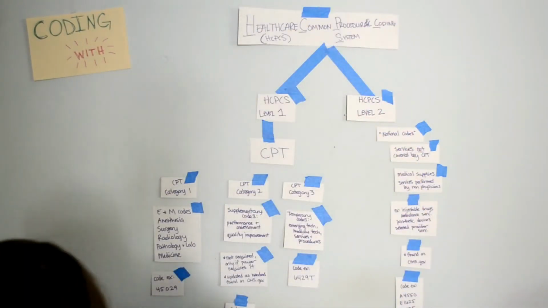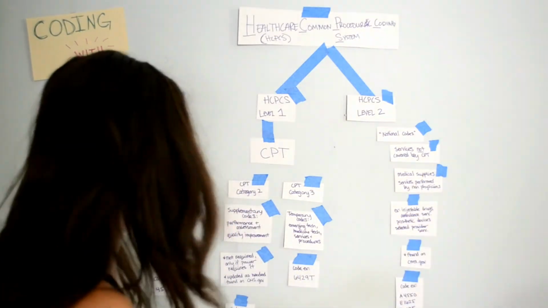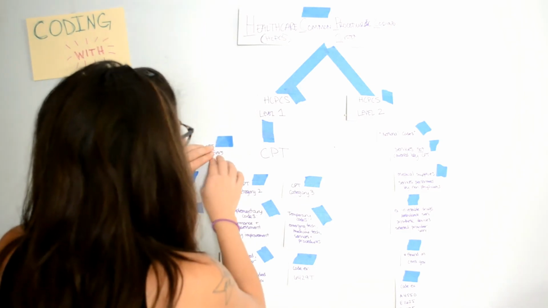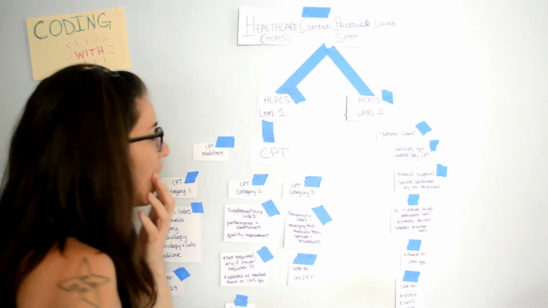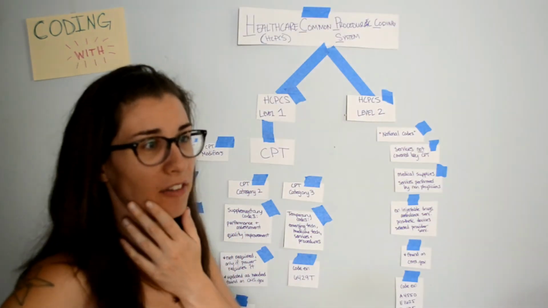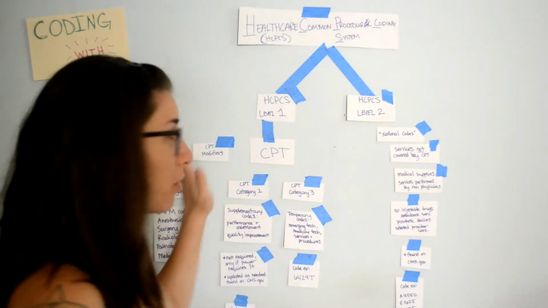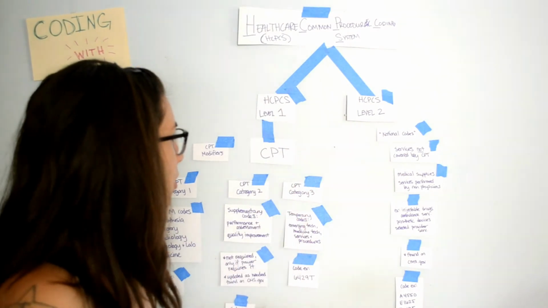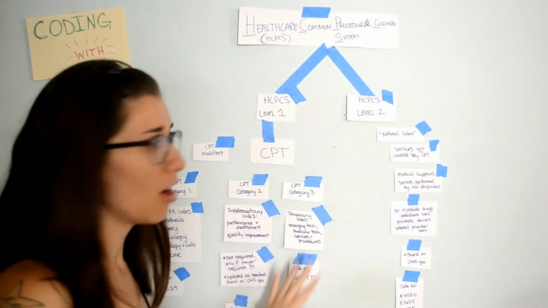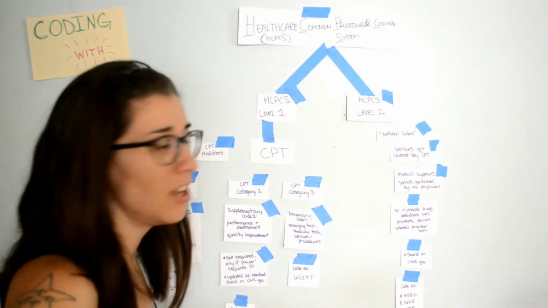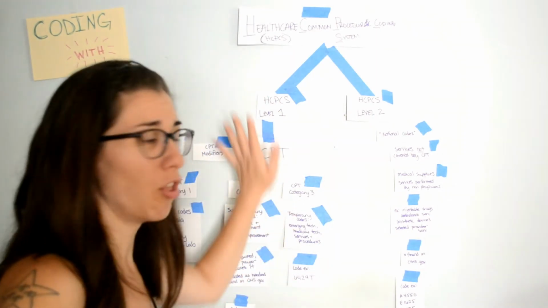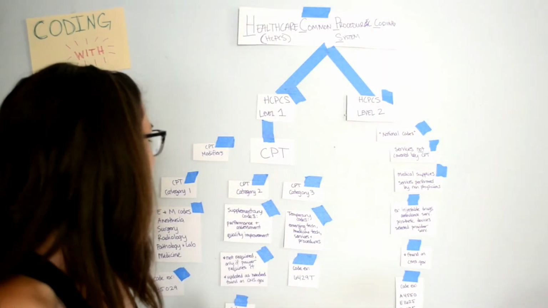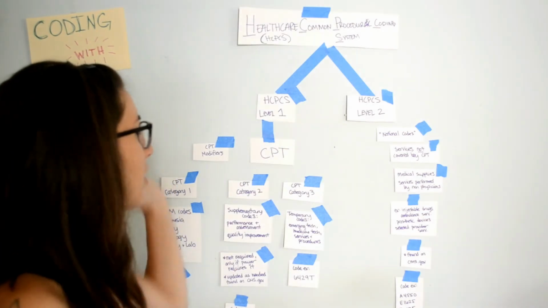And then I completely forgot about CPT modifiers. Those are found under CPT. They're just kind of hanging out over here. So I think all of the modifiers deal with whenever there's a procedure happening, any kind of procedure, which would be under the CPT codes or the HCPCS level 1 codes. So that's why the modifiers would only be applied to those codes and not these, I guess. I don't know. So this is what I have so far